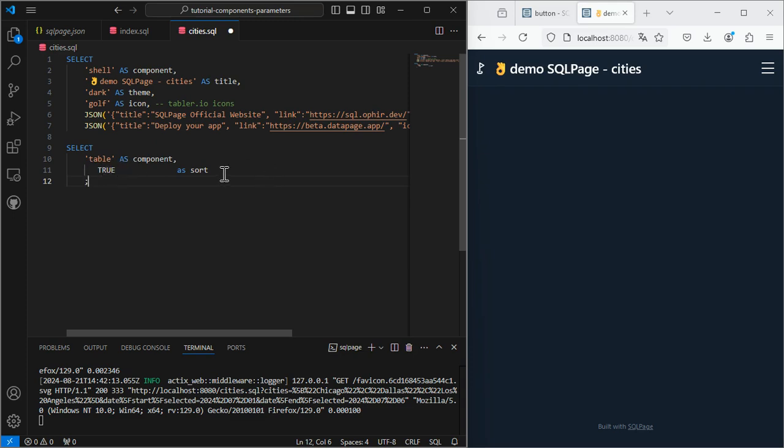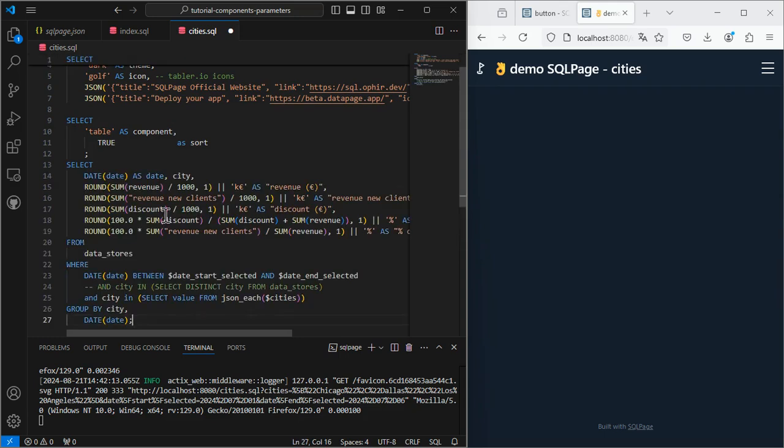I'm going to make it sortable. I'm going to use a query that was written by GenAI to simply display main information regarding the cities and dates that I selected in the previous form. So you can see that I'm using the date start selected variable, the date end selected variables, and the cities variable that was declared in the form in the previous page.